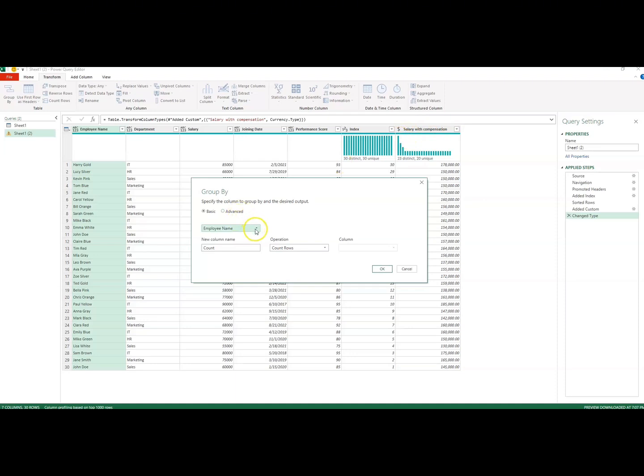So come here, the column I want to, we have two options. We have the basic and advanced. Working with basics it means you have just one criteria to work with. If you are looking at advanced, it means you have more than one criteria. So I'm coming here for basic. I want to group based on